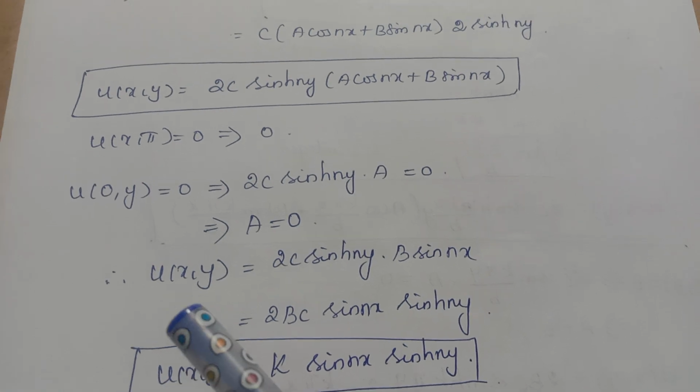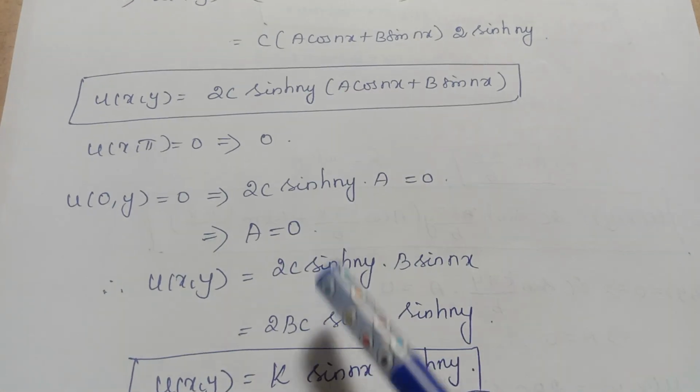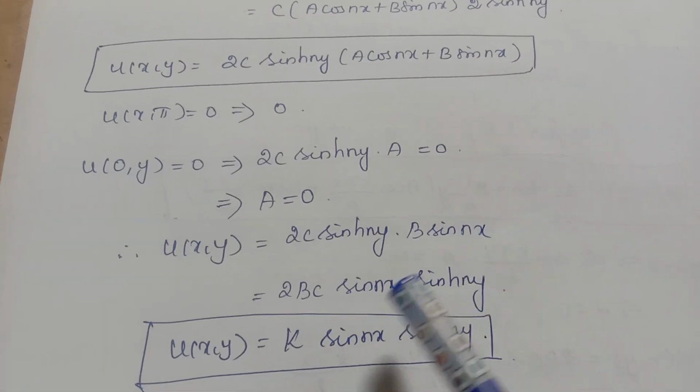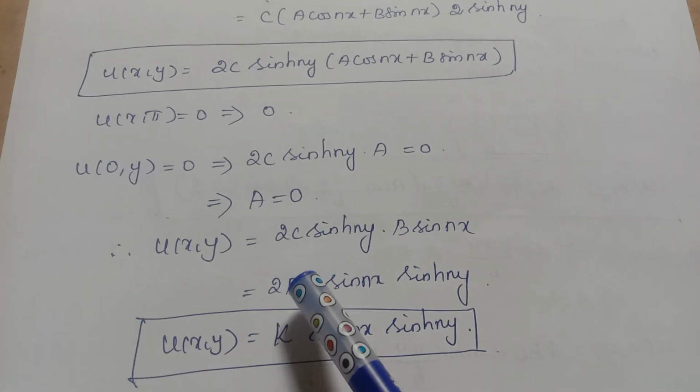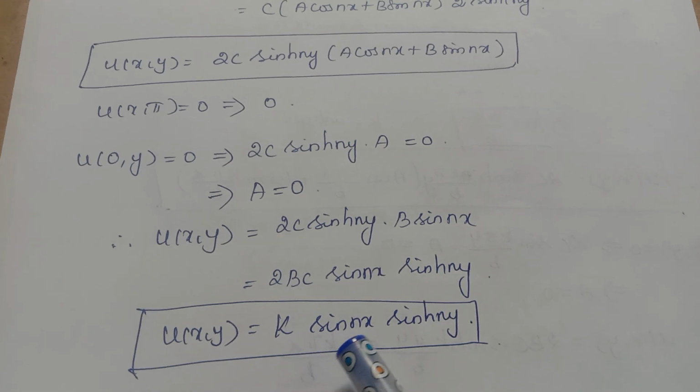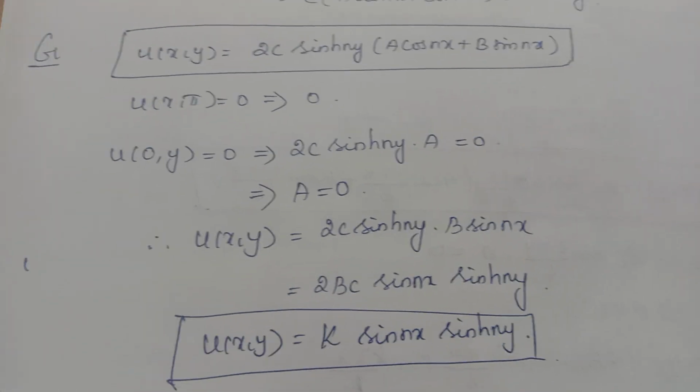Right. So therefore u of x y is equal to 2c sinh ny into b sin nx. Therefore it's equal to 2bc sin nx into sinh ny. This constant simply I put it as k. So k sin nx into sinh ny. Okay. Then